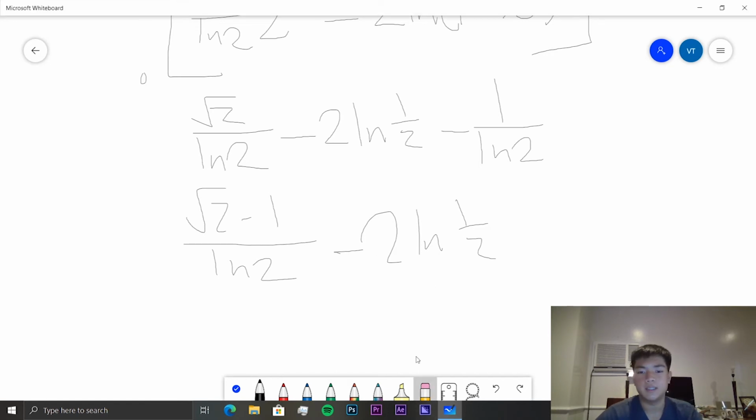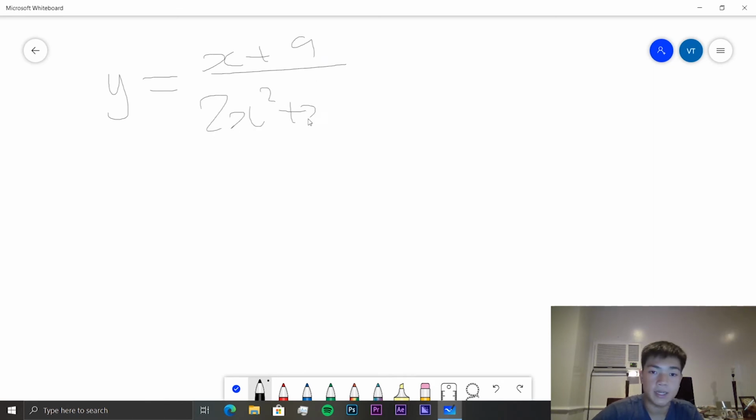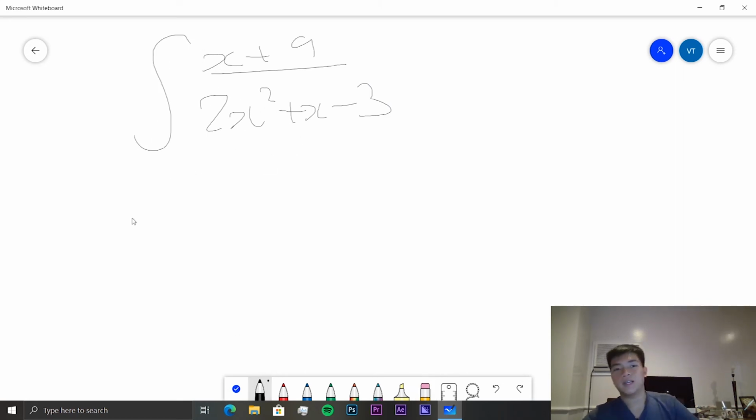And of course, this is equal to ln 4 if you want to convert it that way. So yeah, next question is: reduce y equals (x + 9)/(2x² + x − 3) into partial fractions and, more or less, find the integral of it, the indefinite integral. We can reduce this into partial fractions because we know that this should be equal to